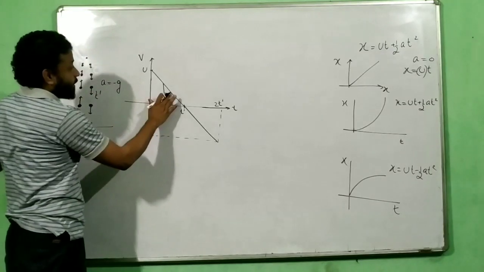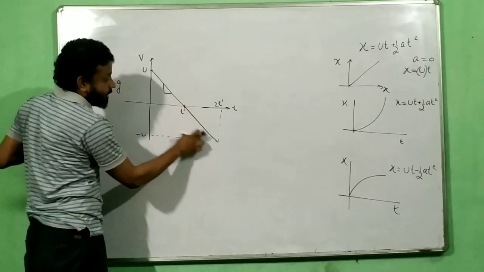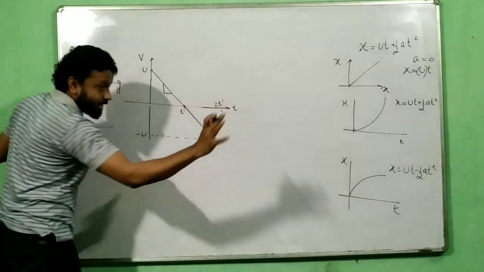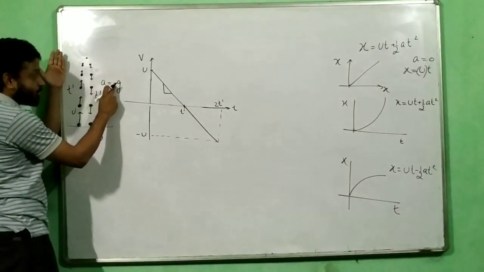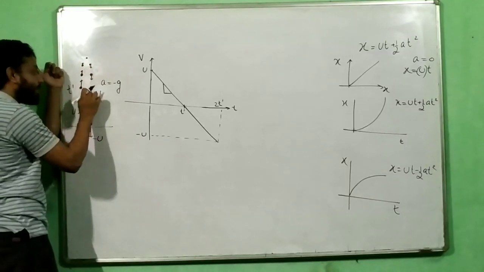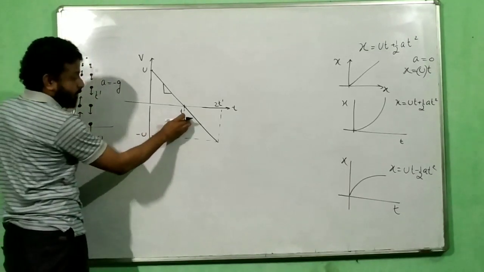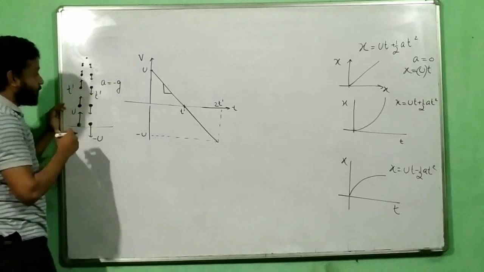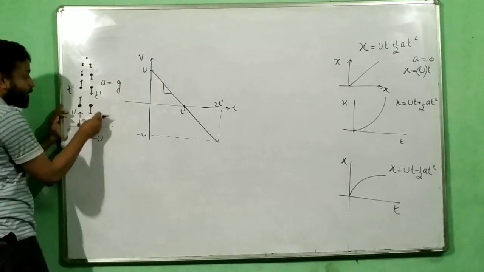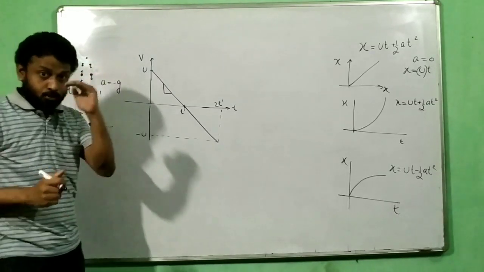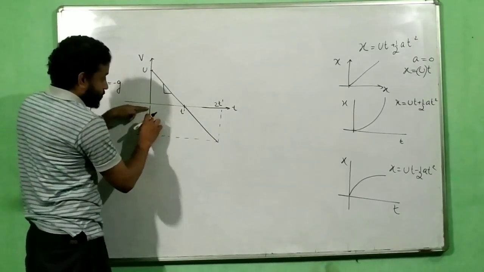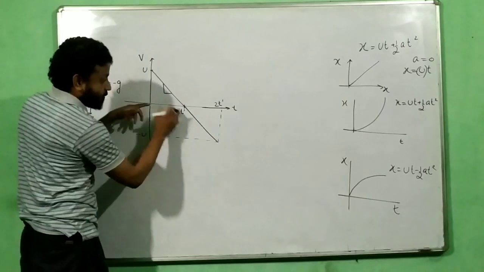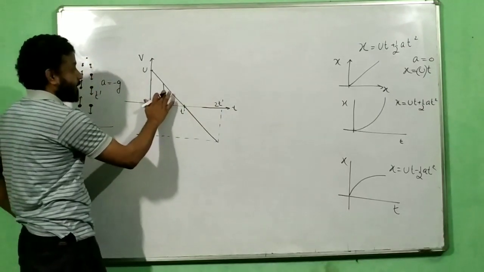Now if you look very carefully over here, this also has a negative slope. It satisfies everything for the downward journey. It has a negative slope, that means minus of g, fantastic. It has negative velocity, fantastic, because it is in the fourth quadrant, so it has to be negative velocity. Also, its value is increasing in magnitude: minus 2, minus 3, minus 4, minus 5. So it's increasing, so it satisfies everything.